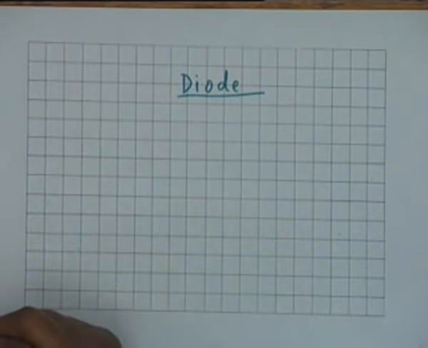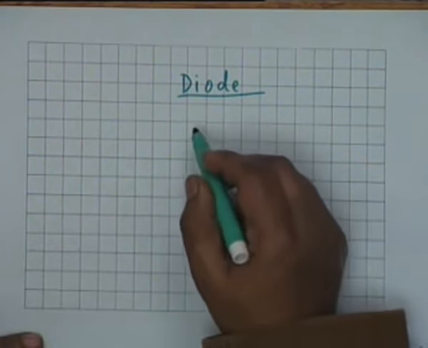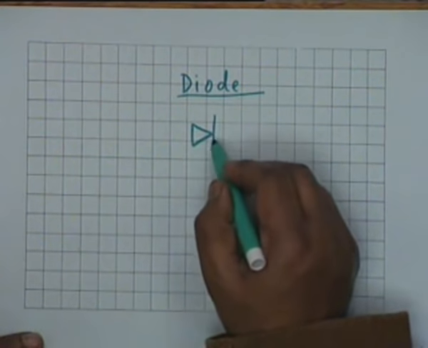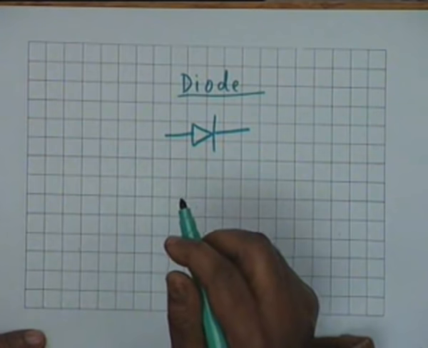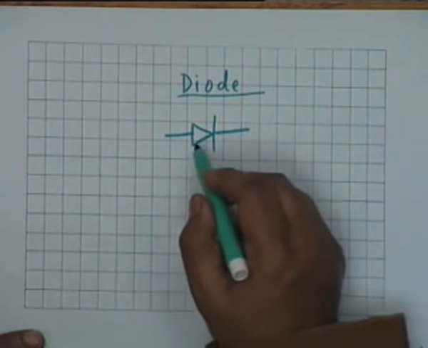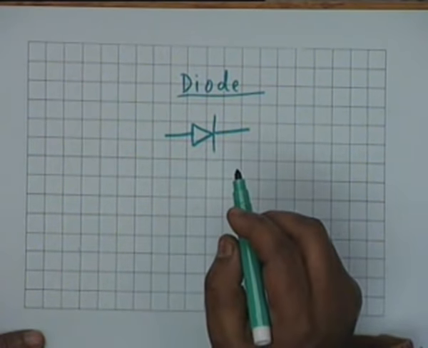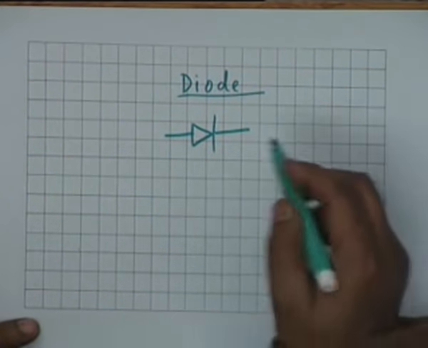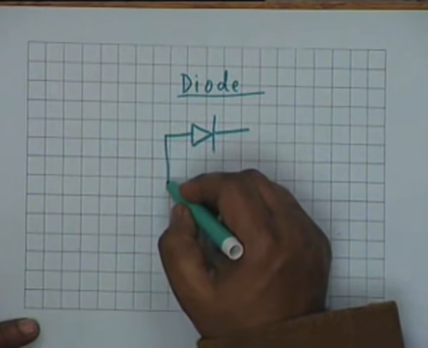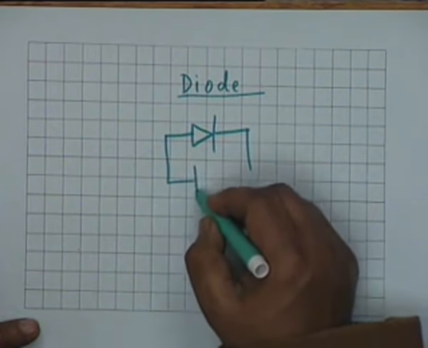A diode has already been introduced as a nonlinear device which conducts preferentially or in a discriminatory manner. It conducts current in one direction more easily than in the other direction. That is, a diode, if it is connected like this,